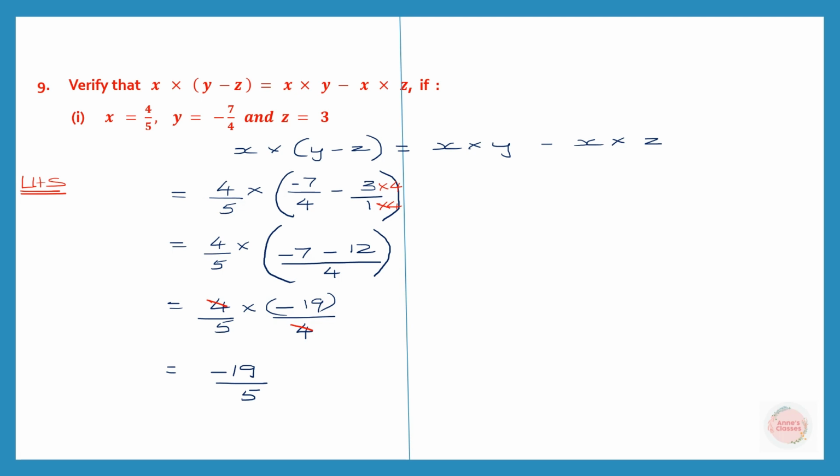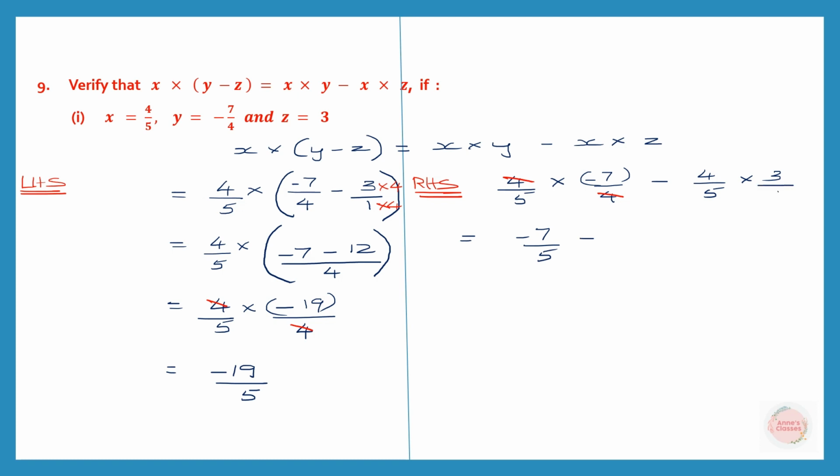Now let's work out the right hand side. We begin with x into y. So how much is x? 4 by 5 into y, which is minus 7 by 4 minus x into z. So x is 4 by 5 into z is equal to 3. Now we're going to work this out. This will be 4 by 5 into minus 7 by 4. We can cancel 4 and 4. So what is left is minus 7 by 5 minus,